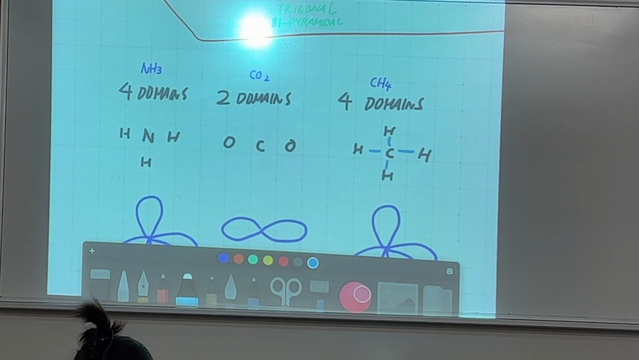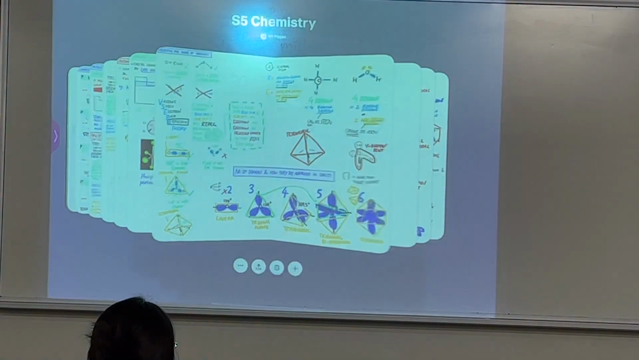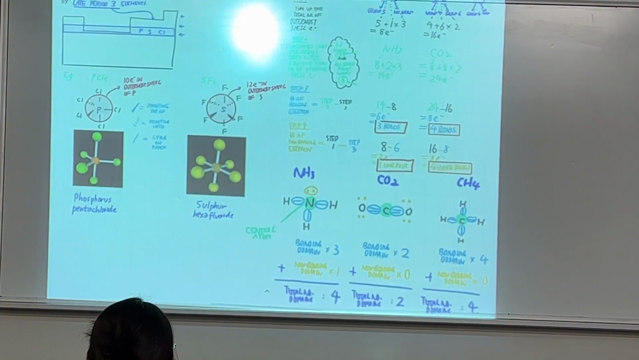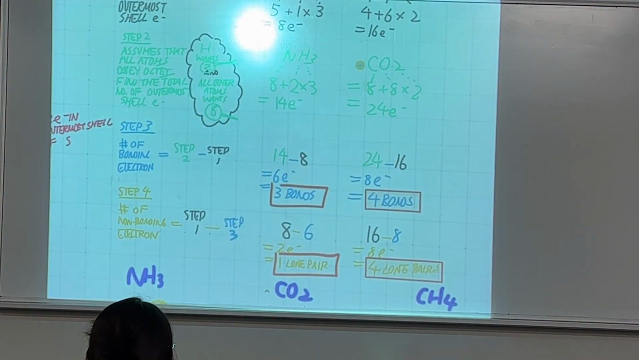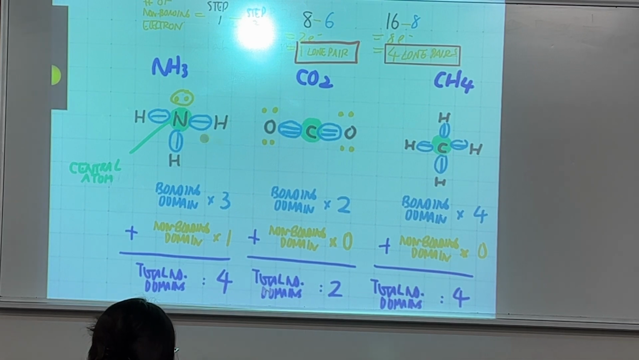How do you count the domain? You calculate the number of domains first by drawing it. You need to first do these calculations on top. Then you can find the number of bonds and lone pairs. And what you need to do is to draw the structures out and then count how many domains there are,